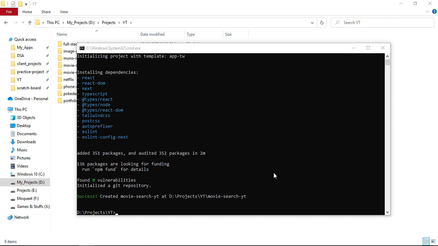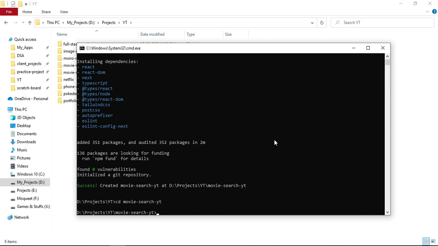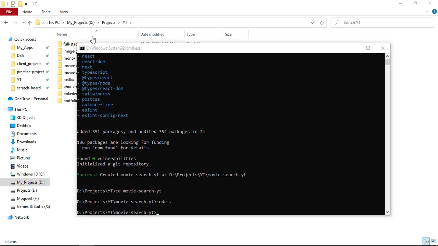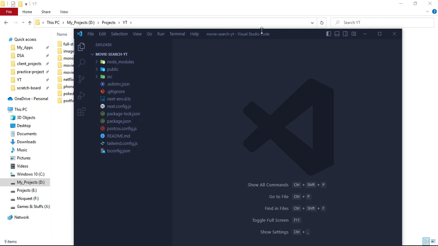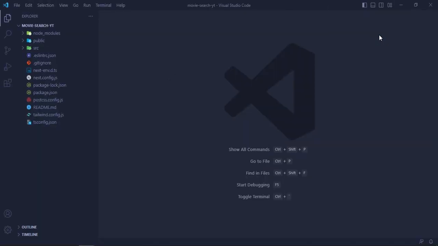So let's do cd movie. Oh, let me just go here first and then type cd movie, and I will do code dot to open my VS Code inside this folder. My VS Code is here, guys. So as you can see,